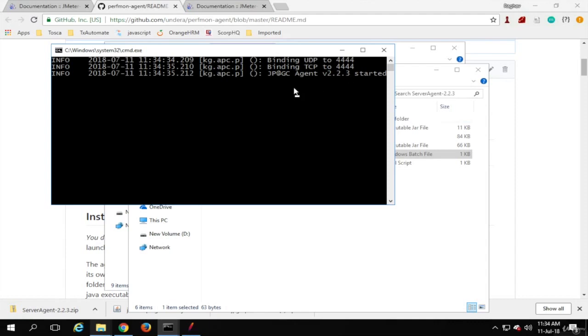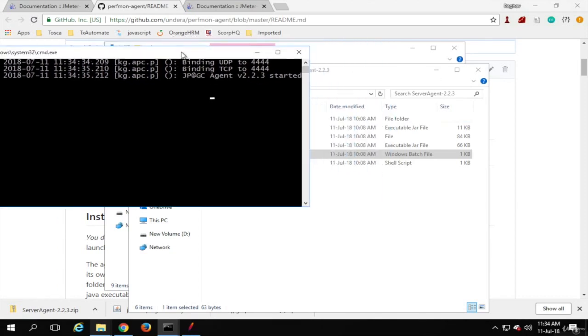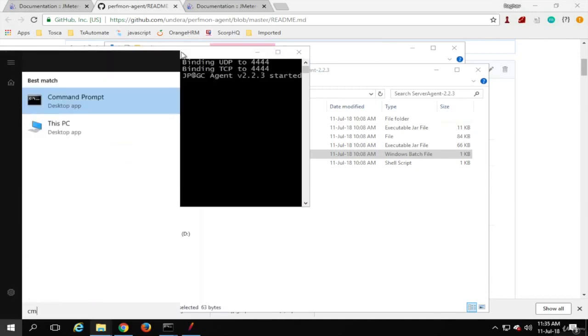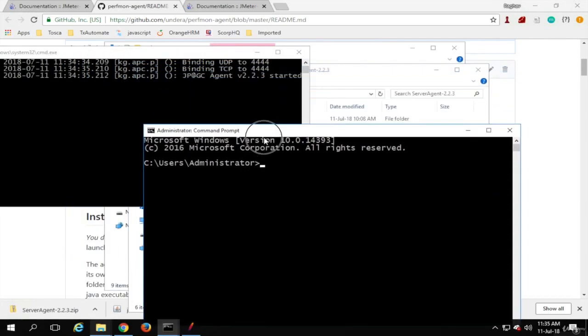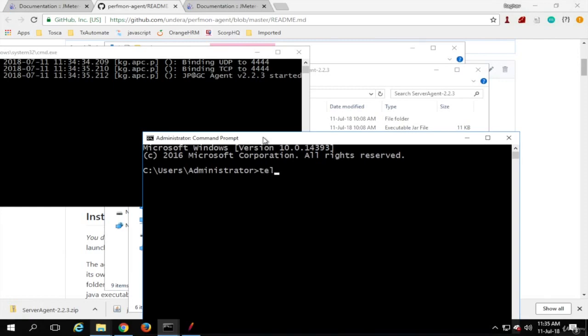And just to check your client machine is able to contact your server machine on port 4444, what you can do is on your client system, go to your command line, and here, I'm on Windows, so I will say telnet, and I have to get the IP of this particular system.